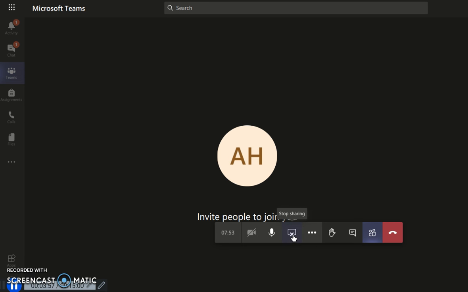And to completely stop sharing my screen, I'm just going to click on that little X in the rectangle. Okay, so once you've finished your PowerPoint presentation, you're going to click on that stop sharing screen. Okay, and then that means that the next person can share their screens with us. So that's it. It's as simple as that, guys. I hope that clears up